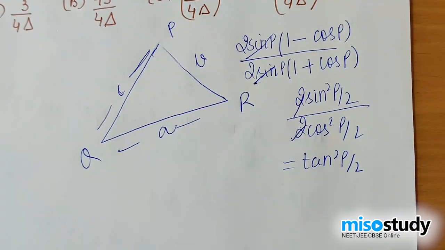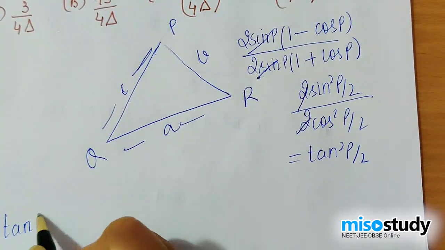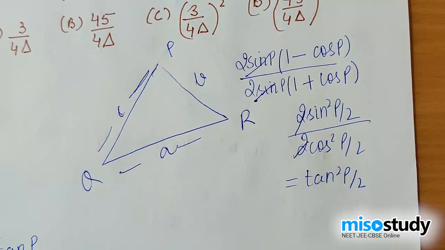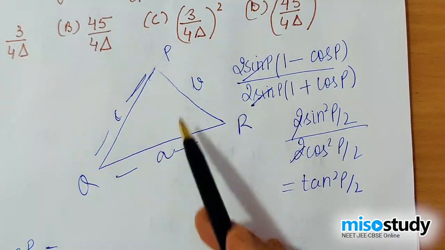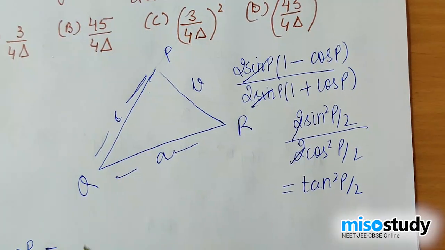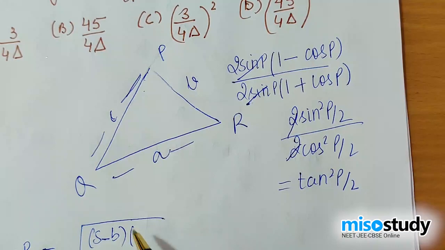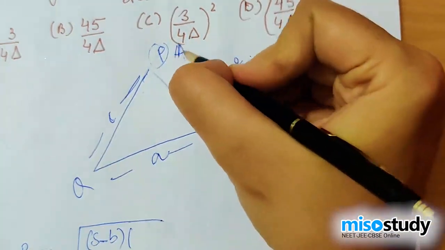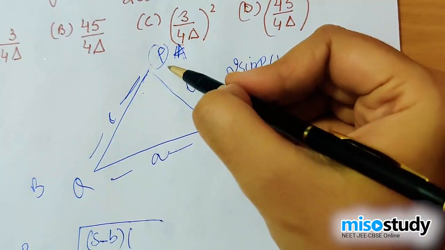Now there's this formula that tan of the angle, let's say over here, that's P by 2, is equal to... Now the side which is in front of this angle has to be kept downwards. So it would be s minus b into s, because p is in front, in the place of angle A basically. Otherwise we take it as ABC. So p is basically in place of angle A.